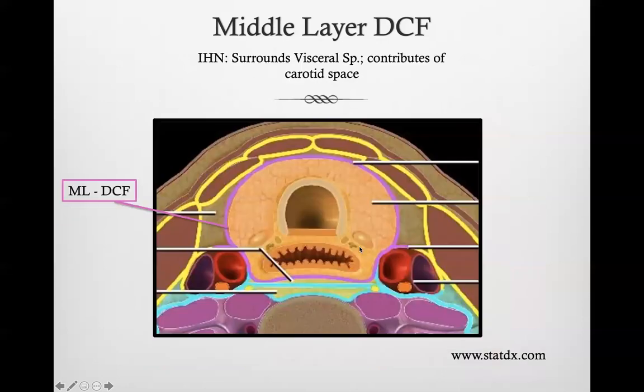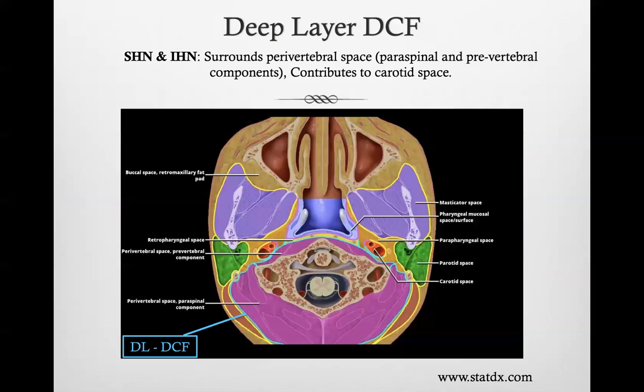This is suprahyoid. The infrahyoid neck surrounds the thyroid, the esophagus, and the parathyroid here. So again, it surrounds the so-called visceral space. So mucosal and visceral space are surrounded by the middle layer of the deep cervical fascia. Finally, in blue, the deep layer of the deep cervical fascia basically surrounding